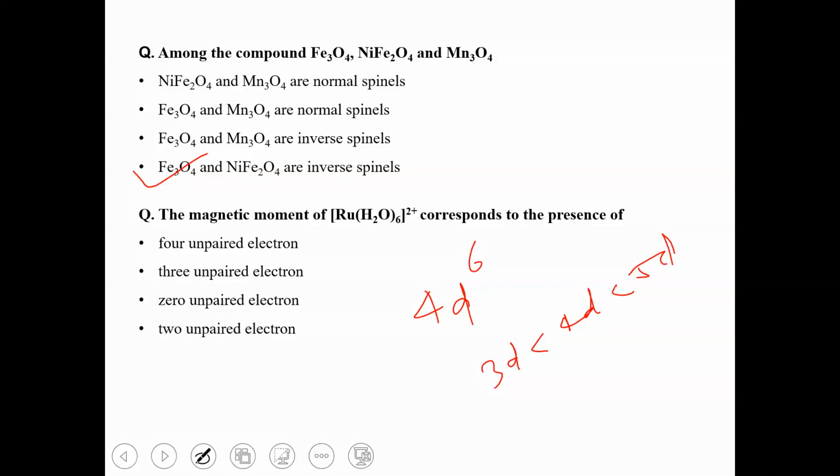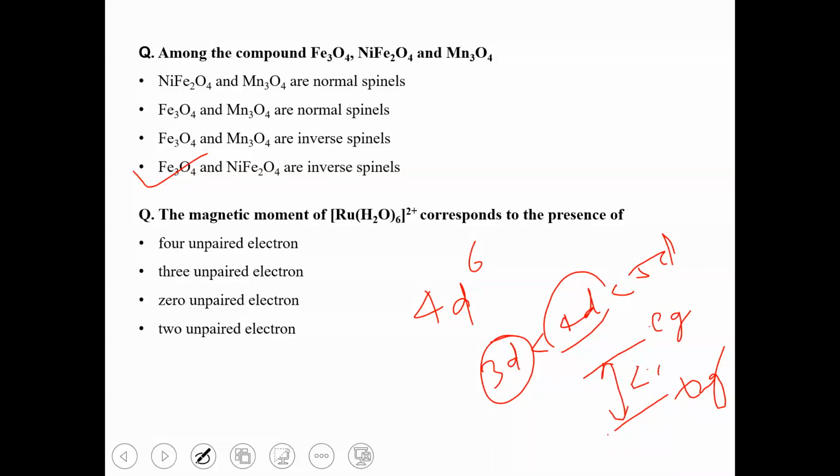Okay, so as compared to this 3d, the crystal field stabilization energy gap, that is this one, is very high for 4d and much, much higher for 5d. So if this delta O is very, very high as compared to the pairing energy, these electrons will be paired up and will show a diamagnetic behavior. Okay,